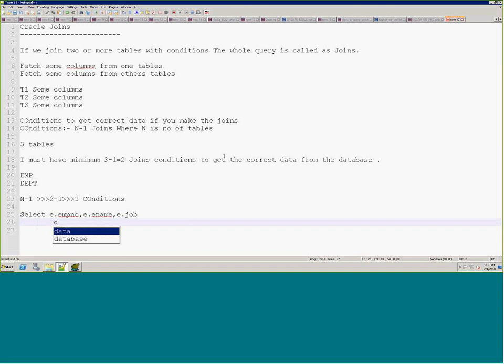E and D are just the aliases here. We are just denoting the table names with E and D. So D.DEPTNO, and D.DNAME. Okay. So this is from